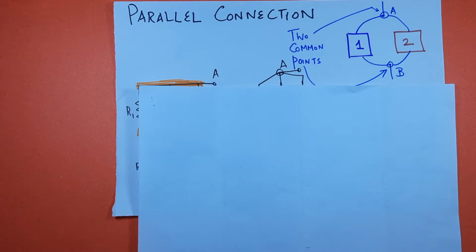This you should remember very, very well, because people fail to identify the series connection and the parallel connection. Especially they find it difficult to identify the parallel connection, and when they try to solve problems, they solve them in a wrong way. We have already seen what a series connection is. Now you must understand very clearly what a parallel connection is. Two components are said to be connected in parallel when they have two common points between them, right?